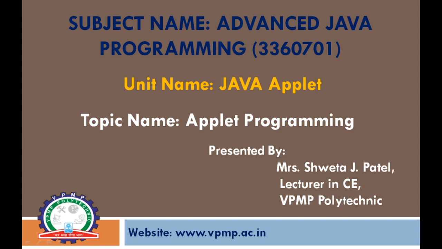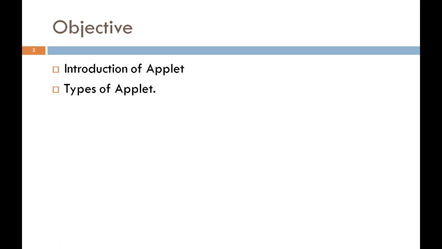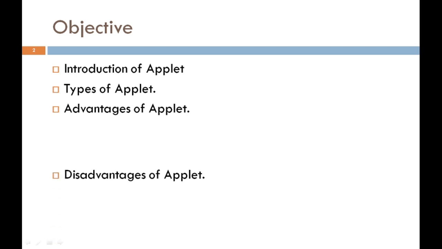Today my topic is applet programming. This is the part of unit 1 and the unit name is Java applet. The main objectives of this session are introduction of applet, the different types of applet, then advantages of applet and